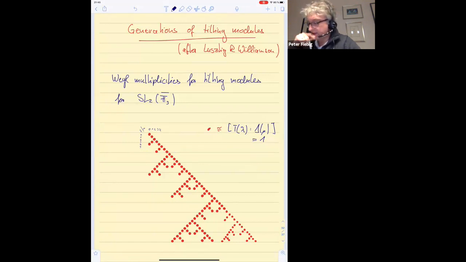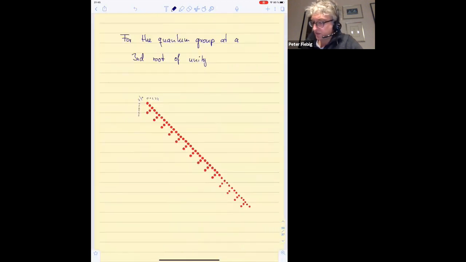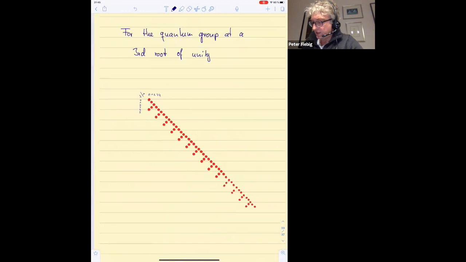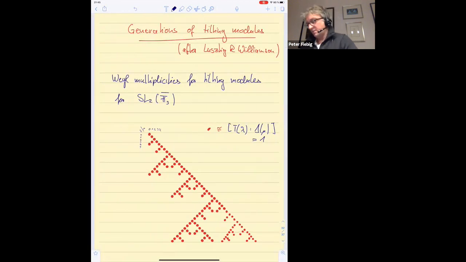So these are the multiplicities for the group, but what is also known are the multiplicities for the quantum group at the third root of unity, and they look kind of much easier. They look kind of like this. So same way to read these multiplicities. And so if you go back to the original picture, I guess you get the idea that there's first a fractal-like or an inverse fractal-like structure appearing here, and that you can define